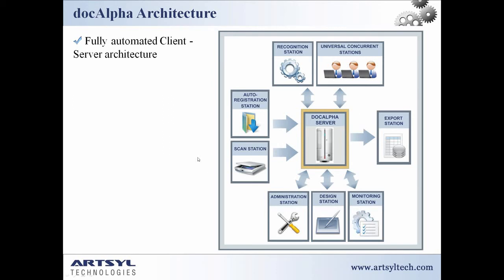A typical workflow would start at a scan station or auto-registration station, or maybe both. A scan station is used to drive an attached scanning device, control the scanning process, do some cleanup right in the scanning, preview the document, and then register a batch. Auto-registration station is an automatic alternative to that. Auto-registration station allows you to monitor many possible source locations from where you're expecting to receive documents. For example, I can be monitoring my local network folders or maybe my VPN network folders for any documents scanned in by scanners and MFP devices. Or I can be monitoring FTP